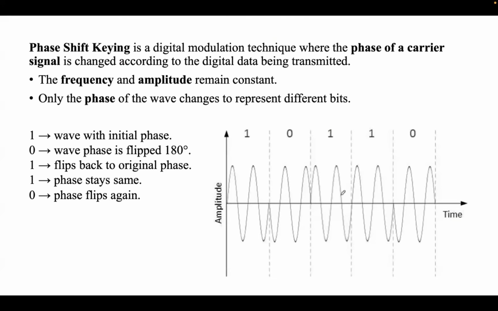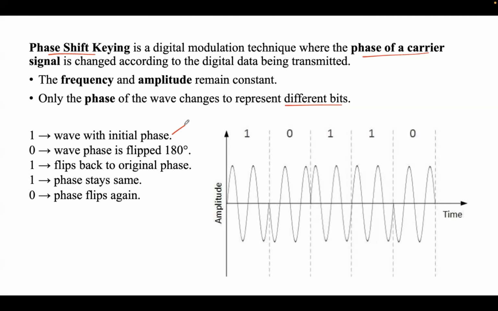The third method is phase shift keying. Here, based on the digital data being transmitted, you can find a change in the phase of a carrier signal. The frequency and amplitude remain constant in this. Only the phase of the wave changes to represent different bits. Here the process is,